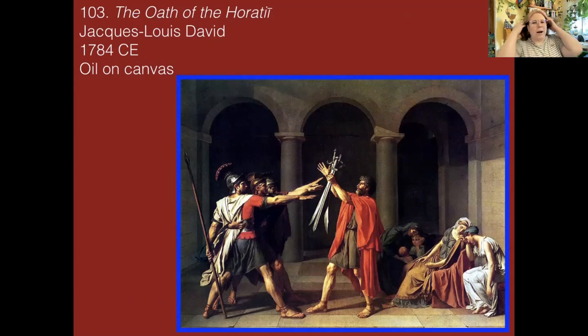Under one of the kings, Rome ends up, for reasons we're not going to go into, coming to blows, about to start a war with a neighboring city, Alba Longa. Alba Longa is a very ancient city in Italy, and they just had beef.